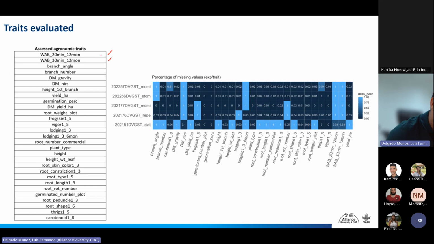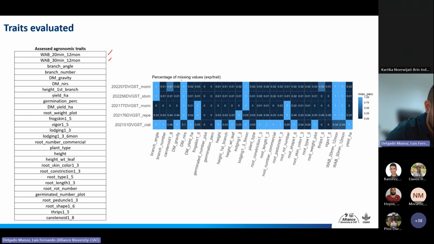These two traits are part of the cooking quality traits, and the rest are part of the agronomic traits taken directly in field. And I also like to see the percentage of missing values per each trait